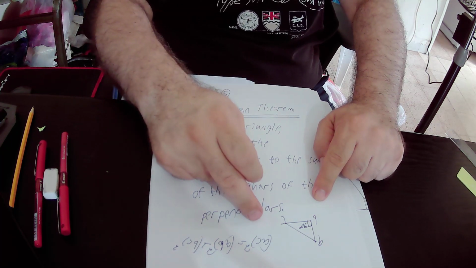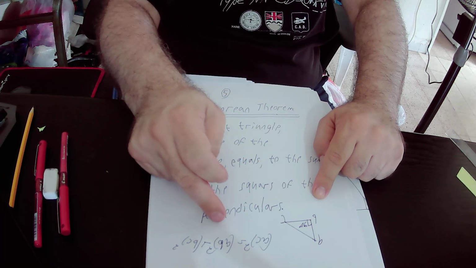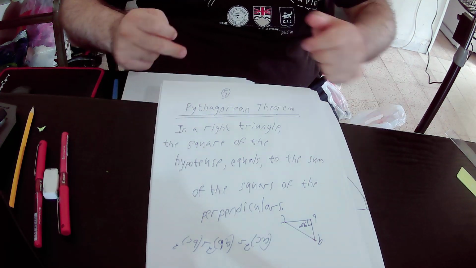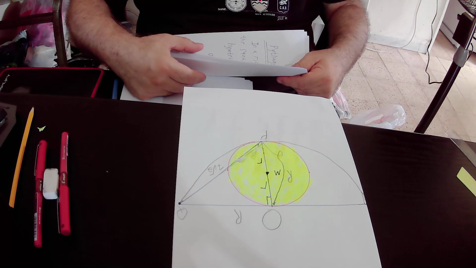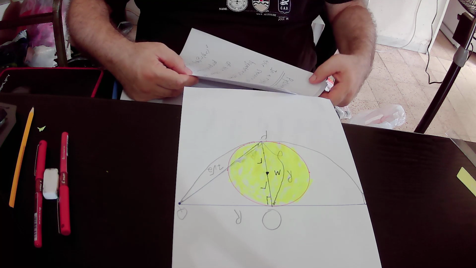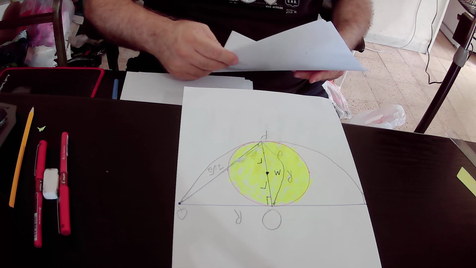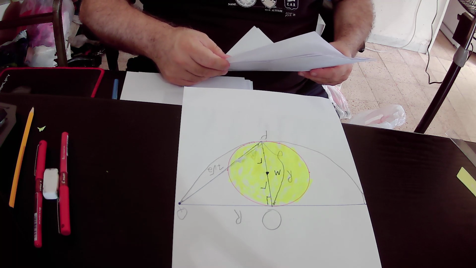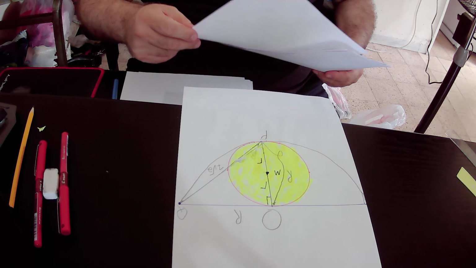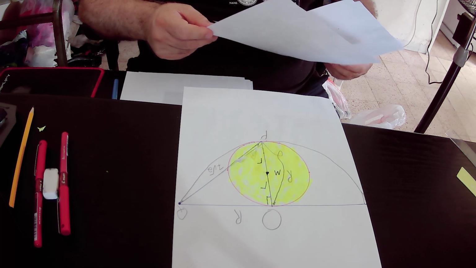Okay, so AC square equals AB square plus BC square. And the Pythagorean theorem applies only to right triangles. So we can implement this theorem in our right triangle,